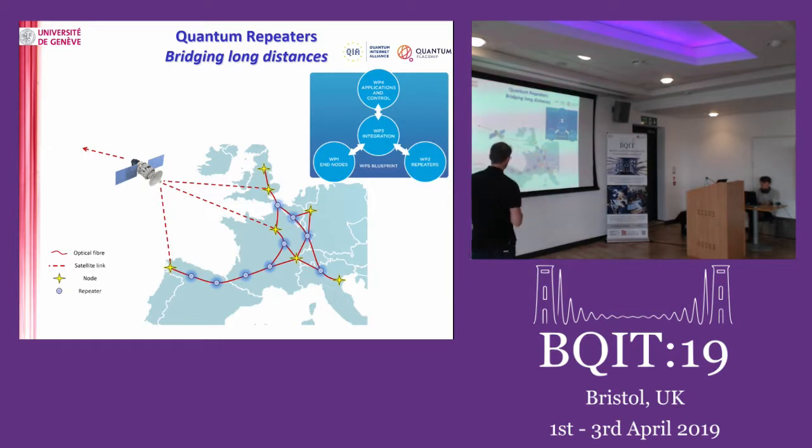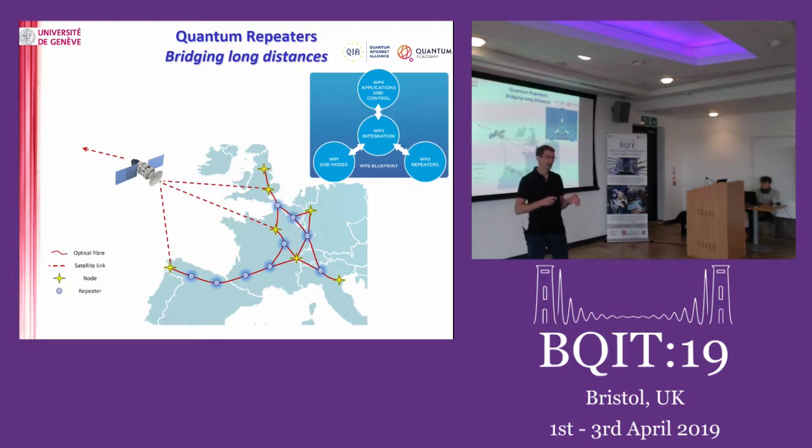Because in this kind of system, if you are trying to distribute entanglement between remote nodes, and your nodes are only capable of storing a single mode at a time, then your communication time is limited by the round trip time of the classical communication. If you can only send one mode at a time, you have to wait until something happens. So if you can multiplex, the rate of your repeater will go up linearly with the number of modes that you can store. So this is a bit of the background.